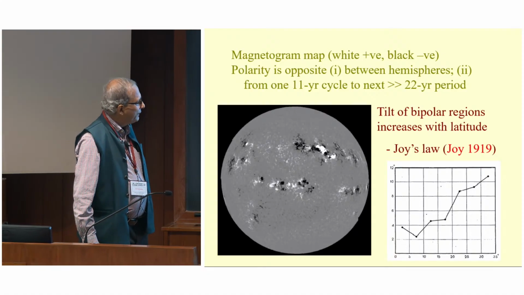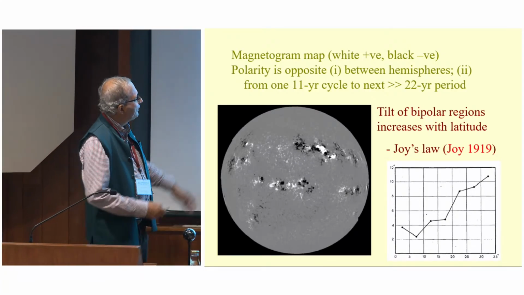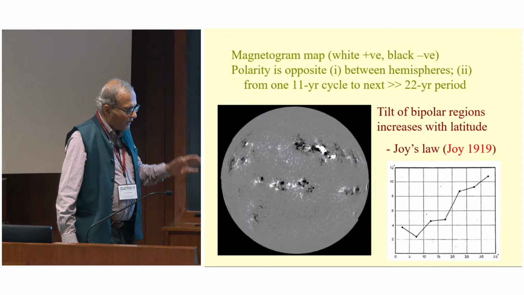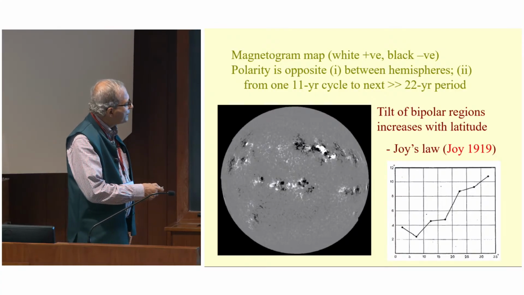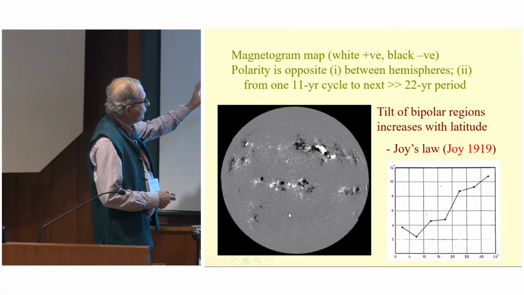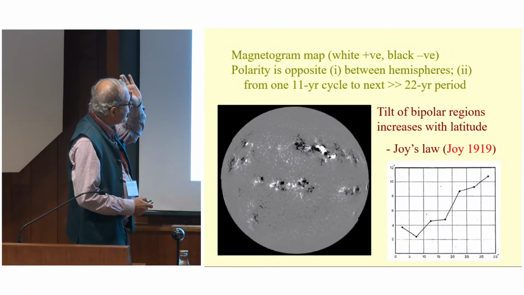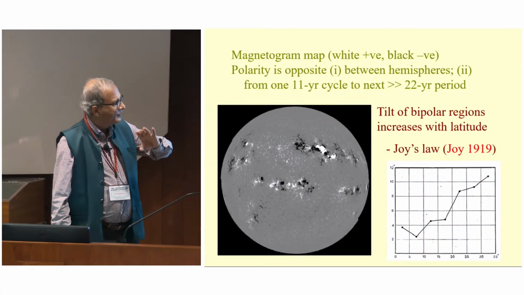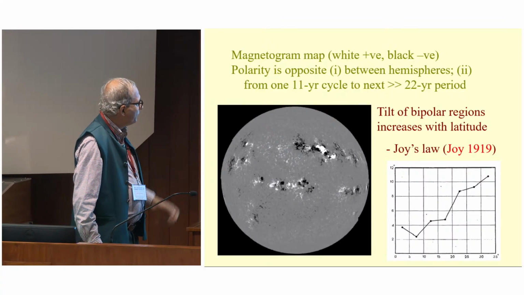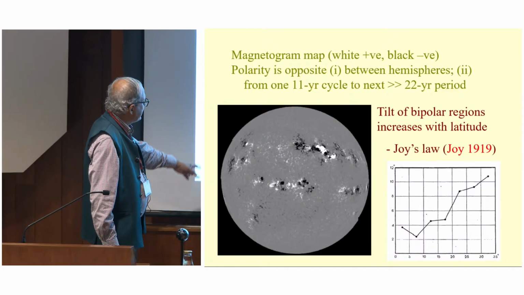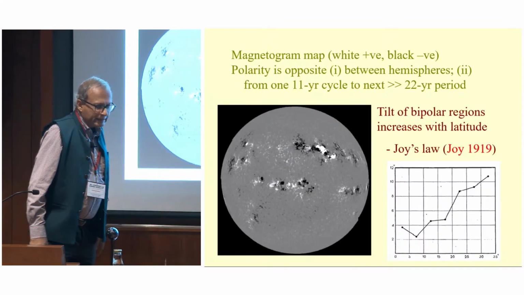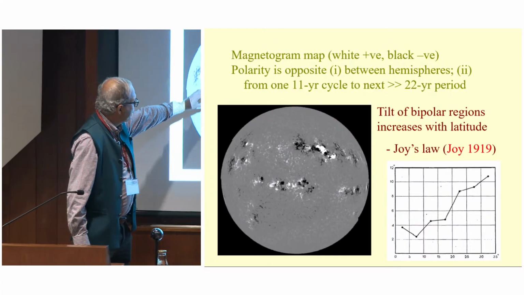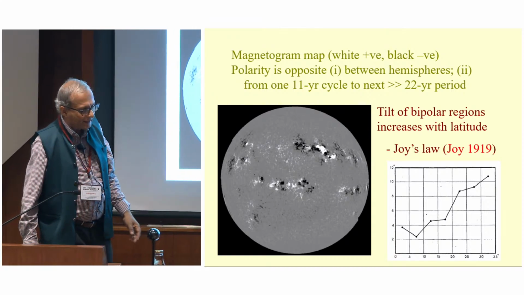So a magnetogram is an instrument with which you can determine the magnetic field at every point on the solar surface. If this map is produced in this way, if the magnetic field is positive at a point, then you put white color. If the magnetic field is negative, you put black color, and if it is too weak or undetectable, then you put gray color. So in many places you see a white patch and a black patch side by side. So these are nothing but a pair of sunspots, of which this sunspot has positive polarity and this sunspot has